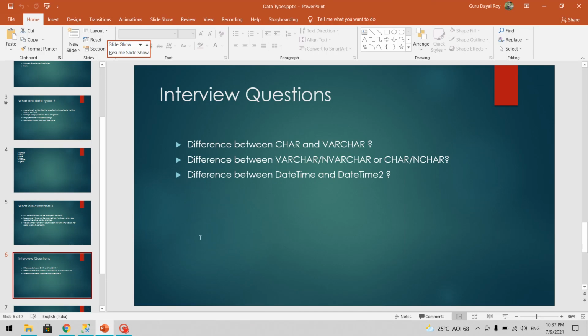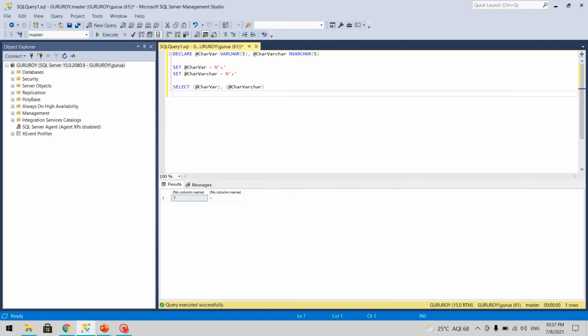Now next question is difference between datetime and datetime2. Let's quickly check that as well. So let's make first one as datetime and second one as datetime2.